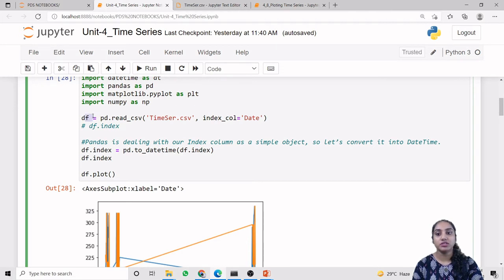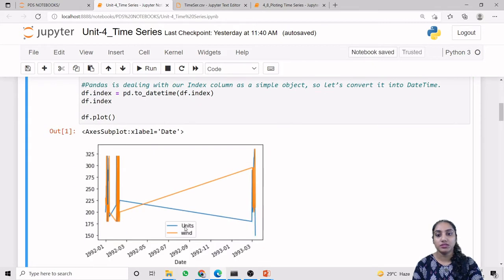Now we are storing this into our data frame df. Now we are converting our string value to datetime, again with the previous method: df.index is equal to pd.to_datetime of df.index, and then we are plotting df. So let us just run this code.